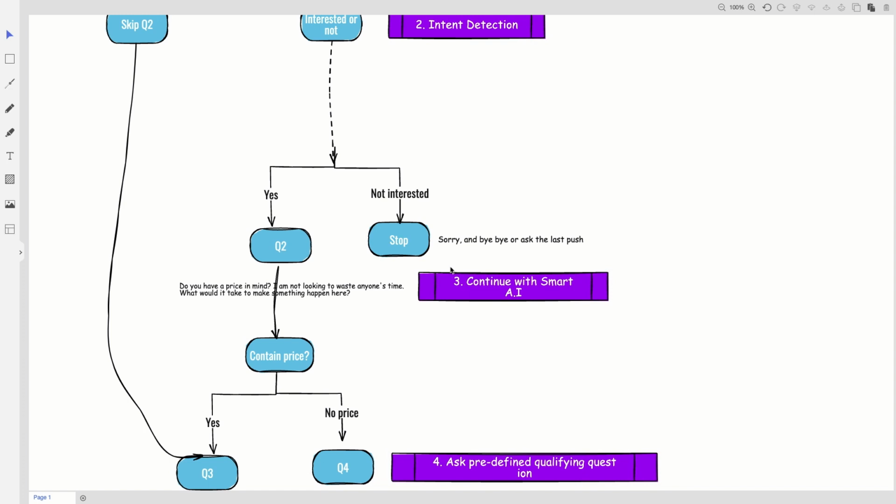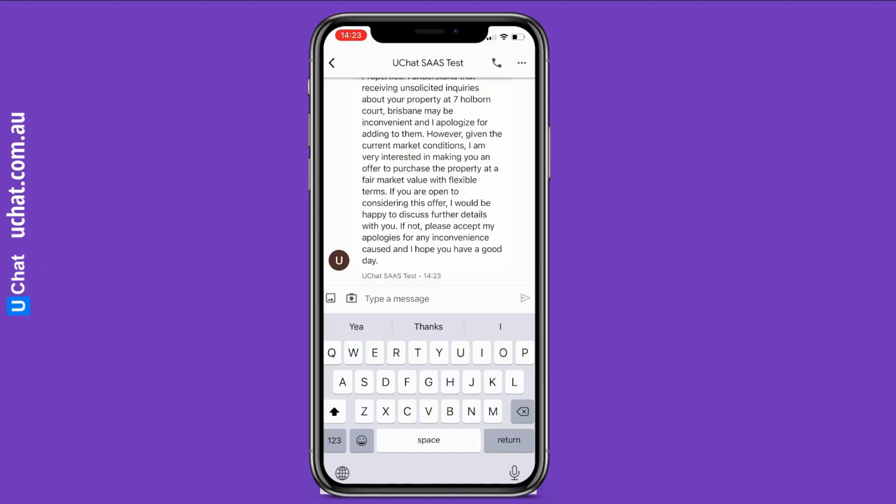If you ask a question anytime in the reply, the AI will answer your question first, professionally and relevantly, and then it will continue the conversation to ask the following predefined questions we set up. Okay, so I will say I'm interested to sell, and I will ask another question.